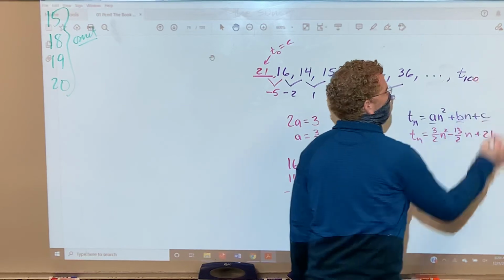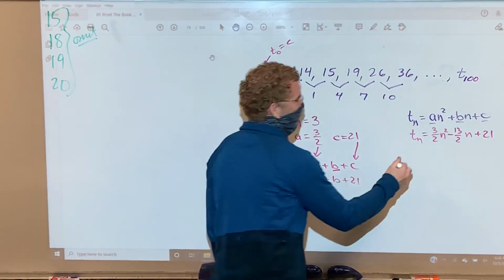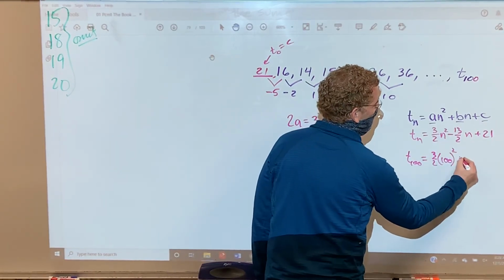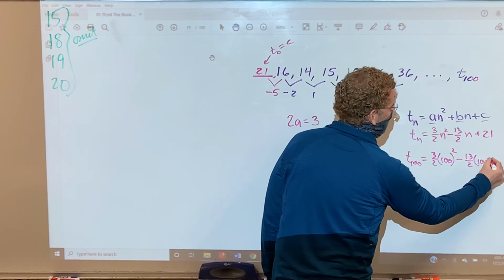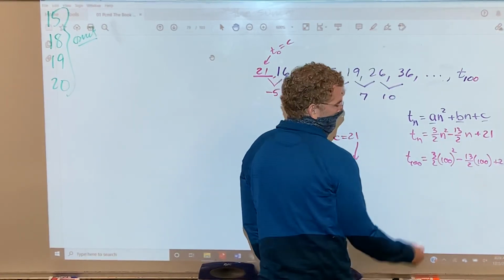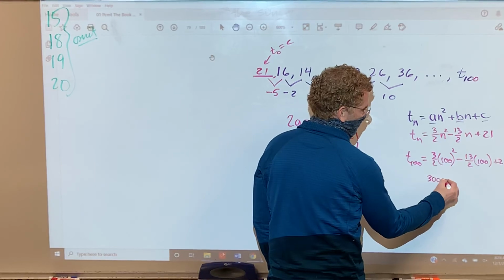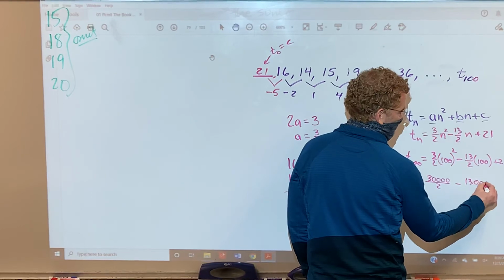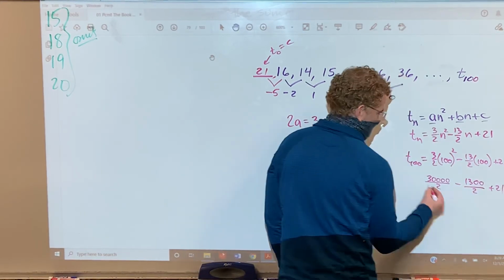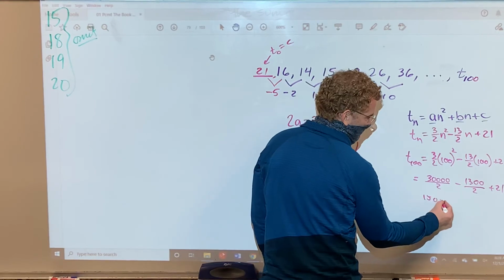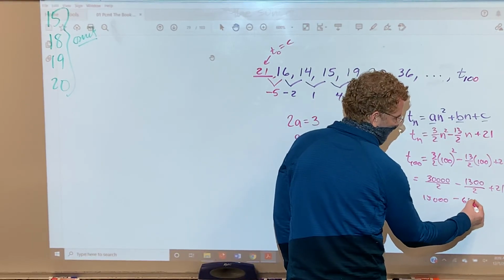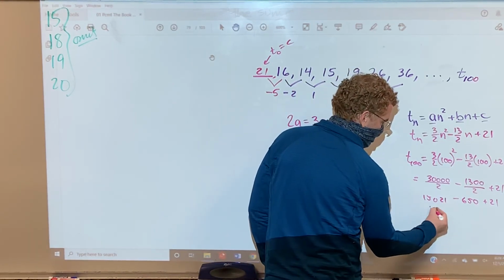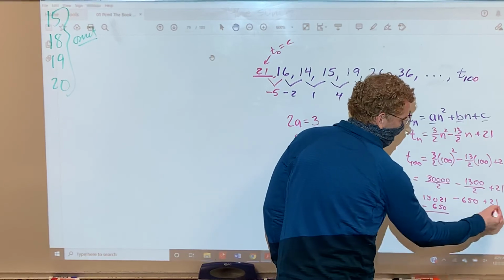I'll tell you what, I'll make it easier. Make it the 100th term. So what would be the 100th term? 3/2 times 100 squared minus 13/2 times 100 plus 21. So this would be what? 3, 1, 2, 3, 4 over 2 minus 13, 1, 2 zeros over 2. So what is that? 15,650. So whatever 15,021 minus 650 is, and you'd have a calculator,